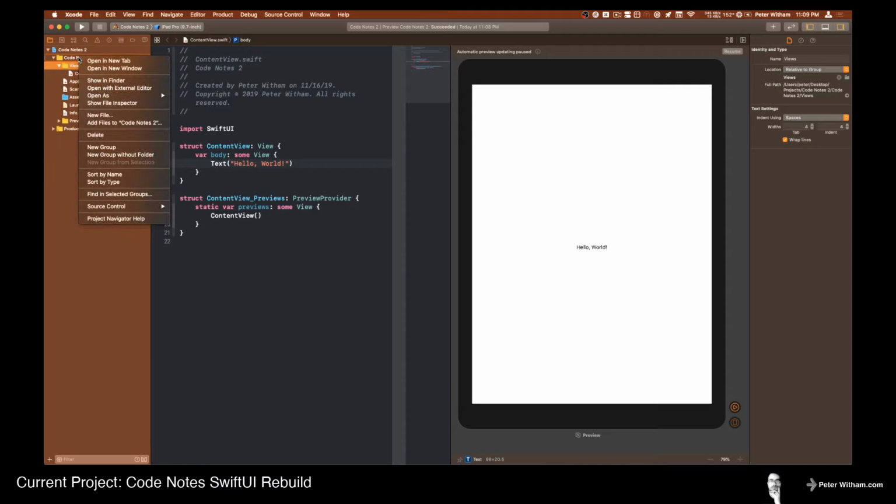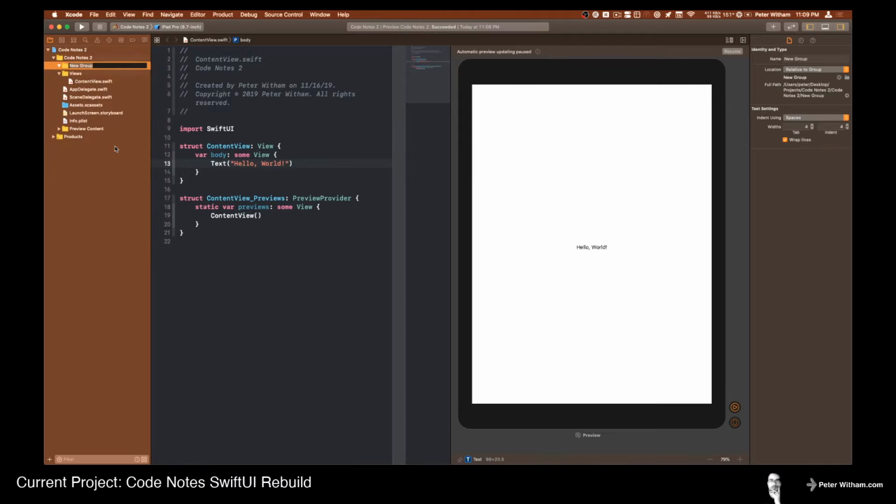I'm also going to create another group, and we'll call this assets. And I'm going to put the assets catalog in there. Now you may be wondering, well, it's just one file. Why are you doing this? Well, because as I close these up, I like this view here to be as clean as it can be, right? Because if you're trying to find something in a hurry, it's just nice to have all of these structured. So another one you can do here is I'm going to create a new group, and we'll just call